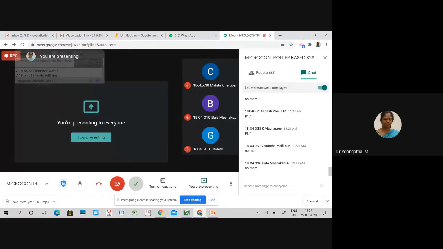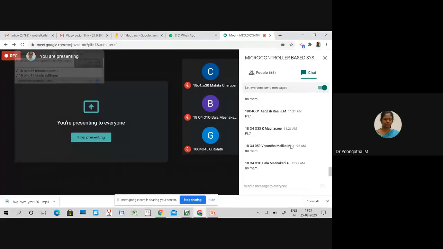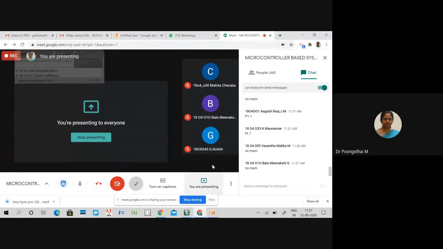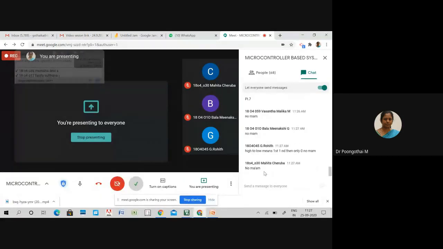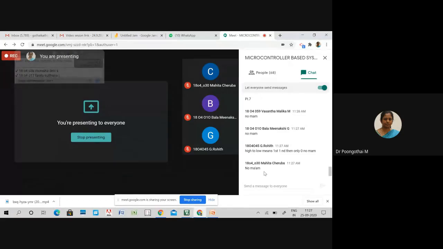Okay. So next we are going to learn about 8051 timer modes. Your I/O port programming is over here. High to low means it's a square wave, a continuous square wave turning on and off. It is a low frequency pulse. We are sending a low frequency pulse to the buzzer to make the buzzer sound.